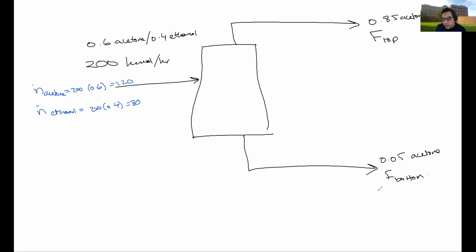I don't know F top, I don't know F bottom. However, I know F bottom is 200 minus F top. So I have enough information to build a mass balance. So my mass balance will be, if I build a mass balance for acetone, 200 times 0.6 is equal to 0.85 times F top, plus